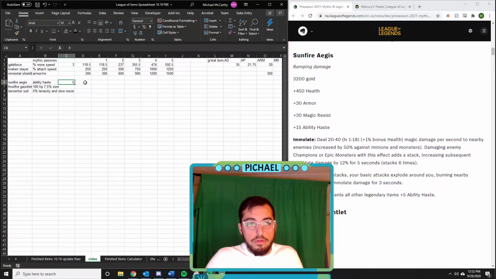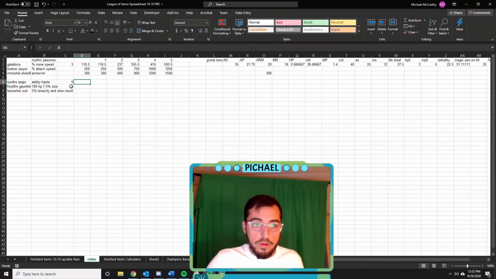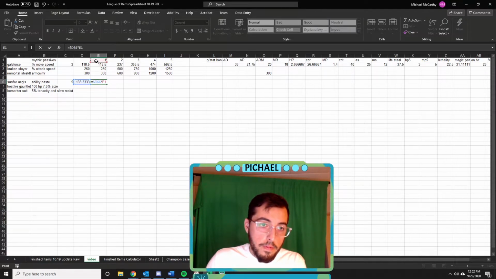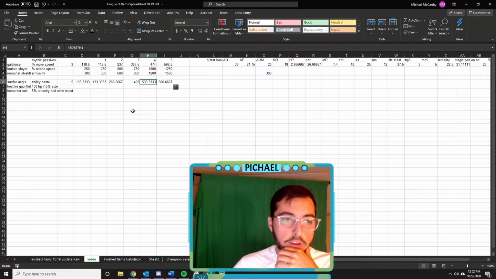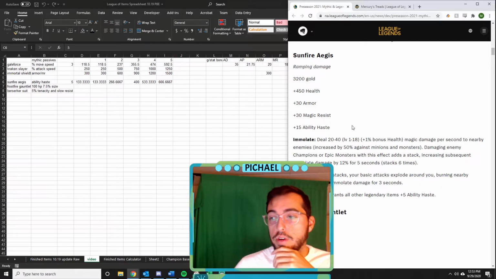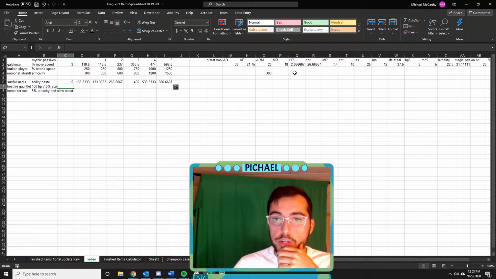So 5 ability haste. 5 ability haste is equal to CDR. So it equals that times that, equals ethics. So it's really worth 533 additional ability power. At the end of the day, it's going to be 15 plus 15 plus 20. So you can almost just have one item and you're going to get the CDR cap, which is pretty good. So HP, we'll just do 500 HP